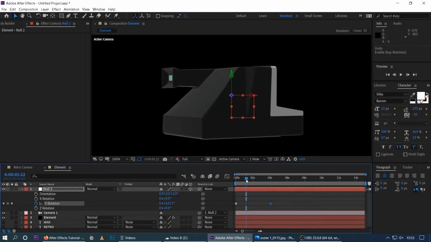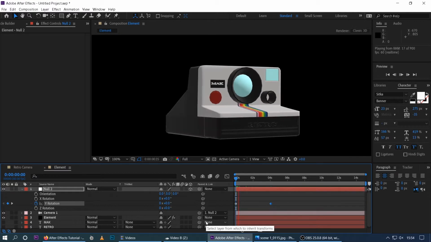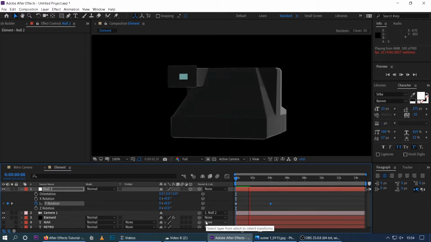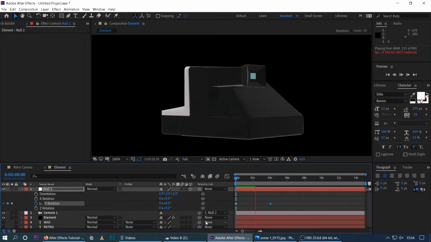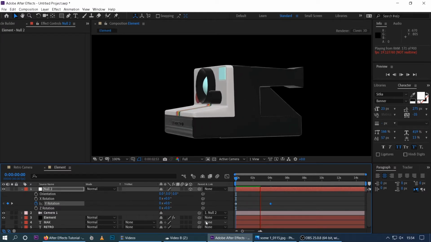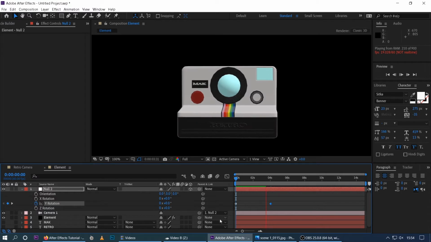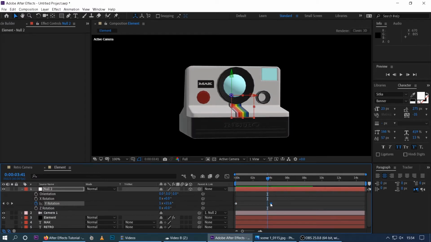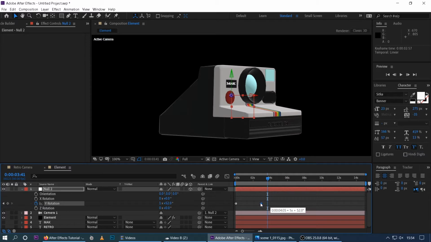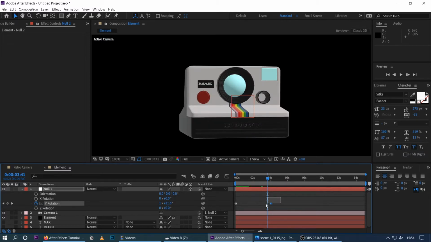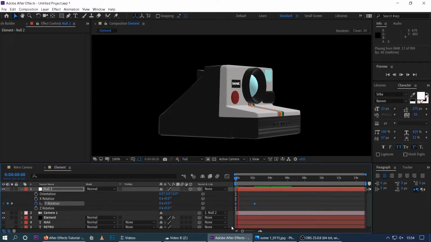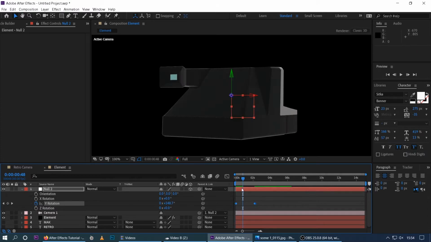Now you can see what you have got. We have got this animation, and this is amazing. You can make it better. You can speed it up, how you can speed it up. Make it here, select them and make it here. Now you can see the speed is increasing. You can adjust the